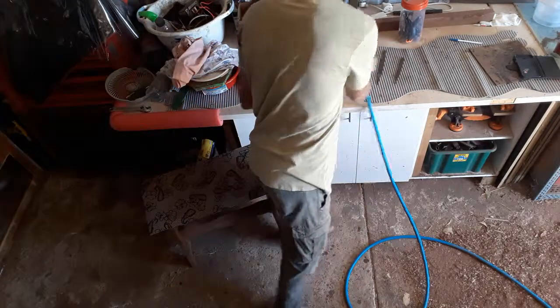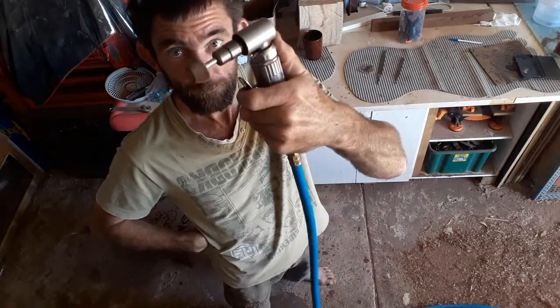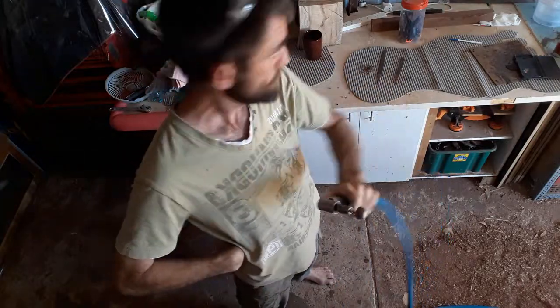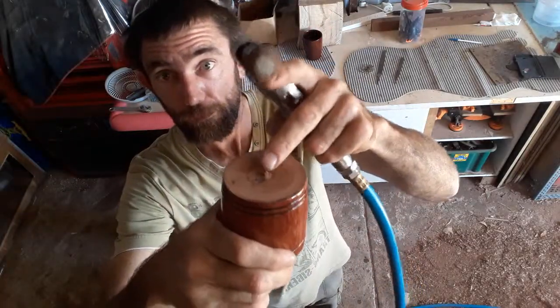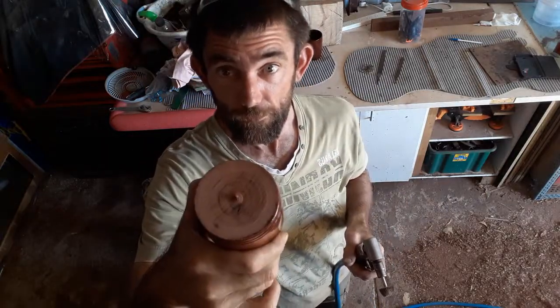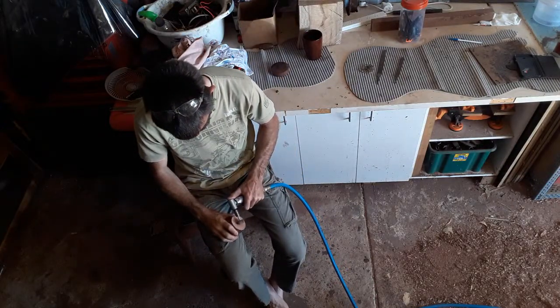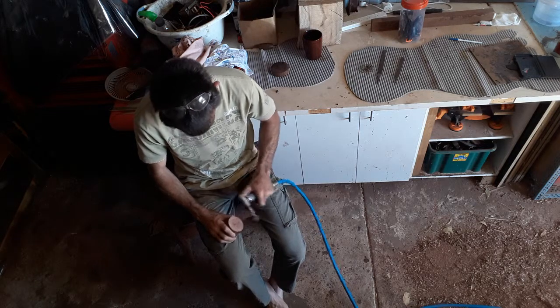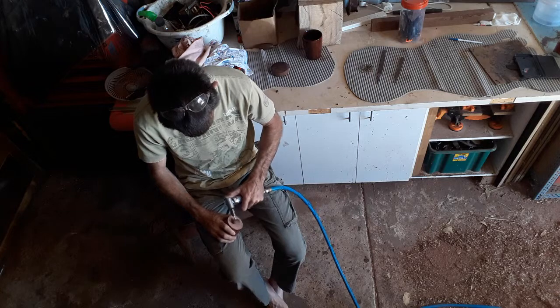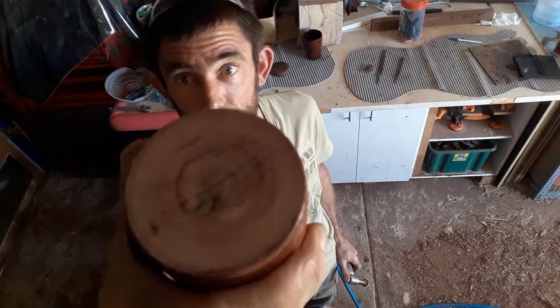Anyway, that's what I was talking about. Angle grinder. Or angle die grinder for the correct terminology. But all we do with it is we're going to take off that and give the bottom just a quick little smoother. Now for you to see that, if I sit down here, you can probably see what I'm doing. So that there, as you can see, has already taken off most of that little lump that was in the middle there. So then what we do is